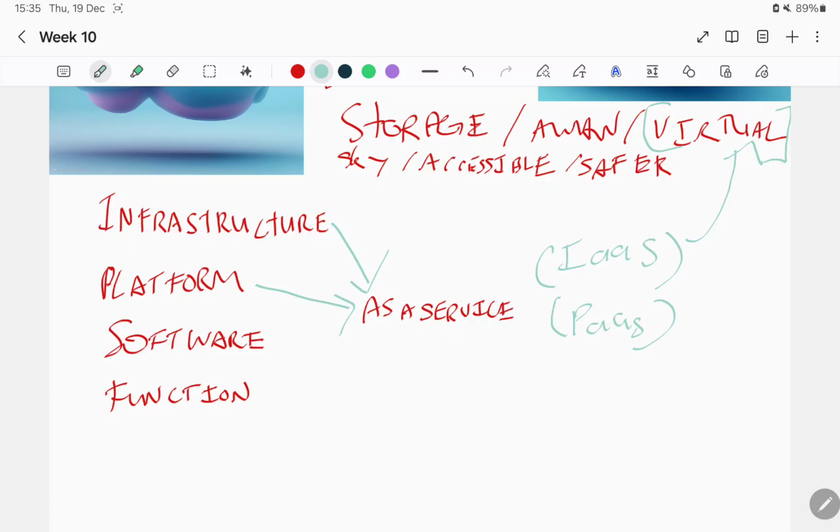Like the infrastructure, last time you had your own computer. But now you don't have a computer. Sometimes you have a tablet, right? Then you want to access Microsoft Windows. You can access it through the web browser, which can open up a virtual machine. We call it a virtual machine, or virtual OS, to access a computer.